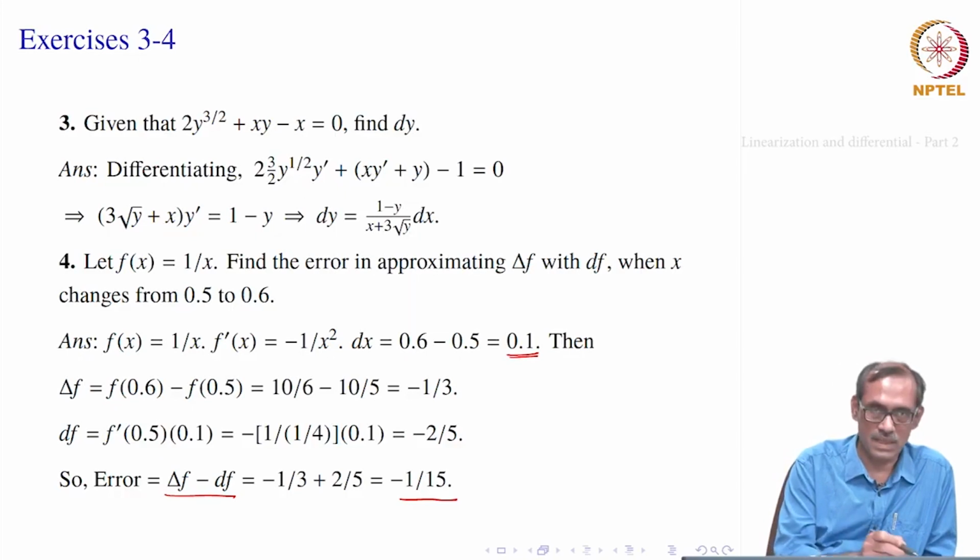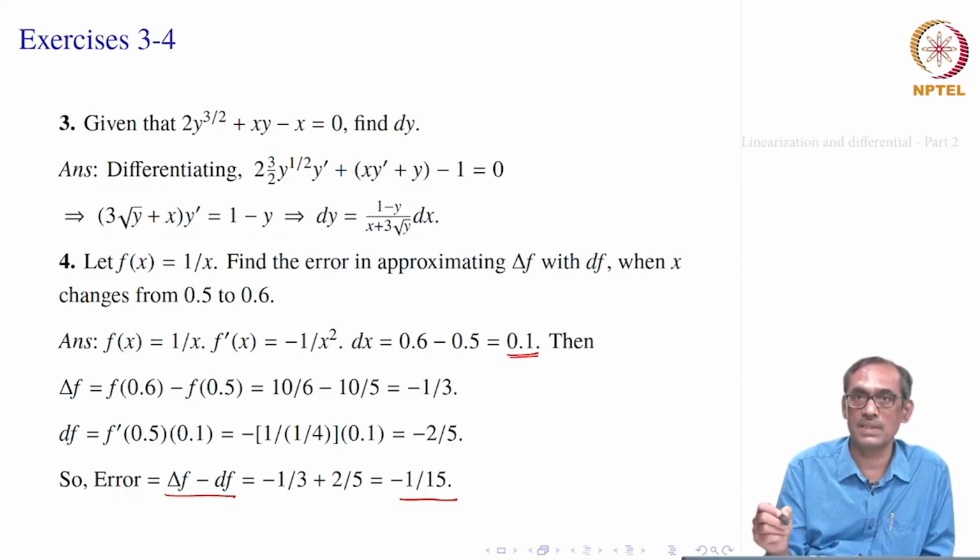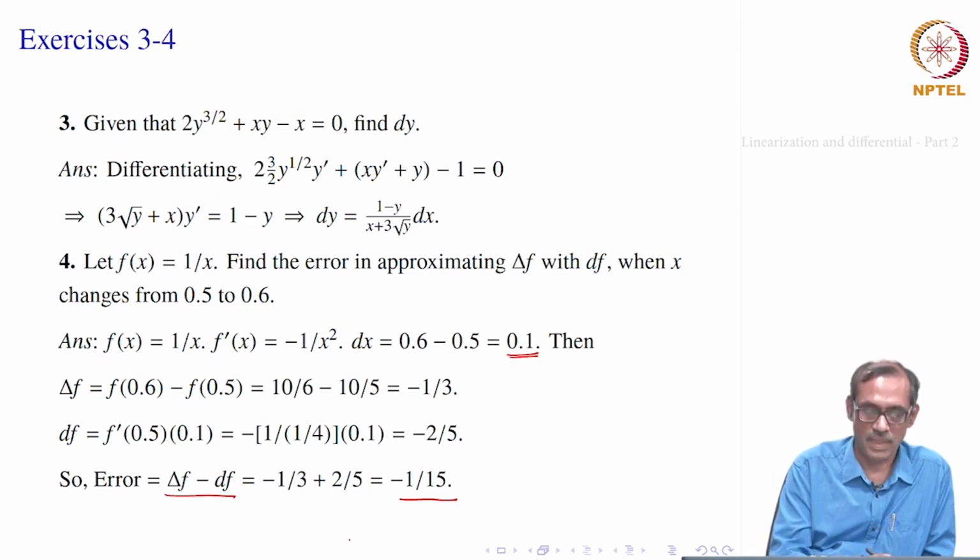Okay. That does not contradict, of course, that epsilon goes to 0 as delta x goes to 0. That will still go, but this is not really very close to 0, it is 0.1. So, even with this we get an error which does not go beyond this 0.1, that is what it shows.